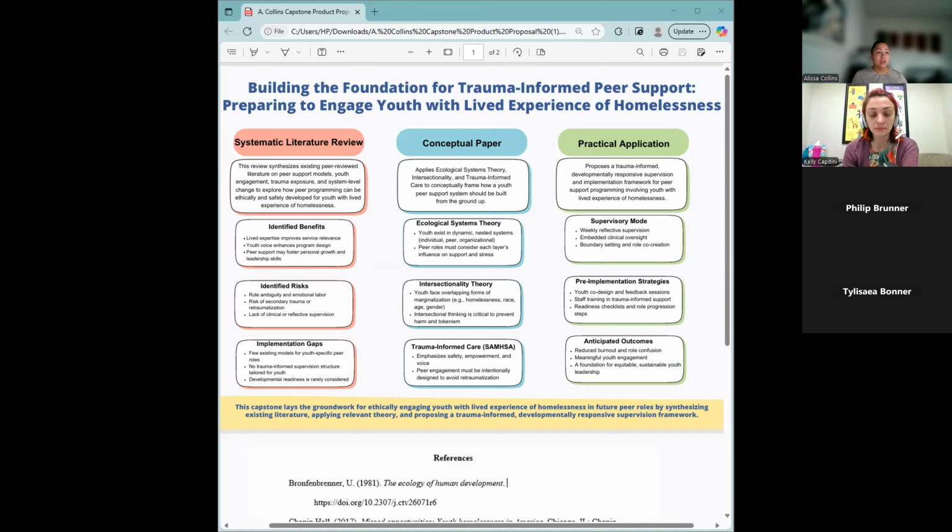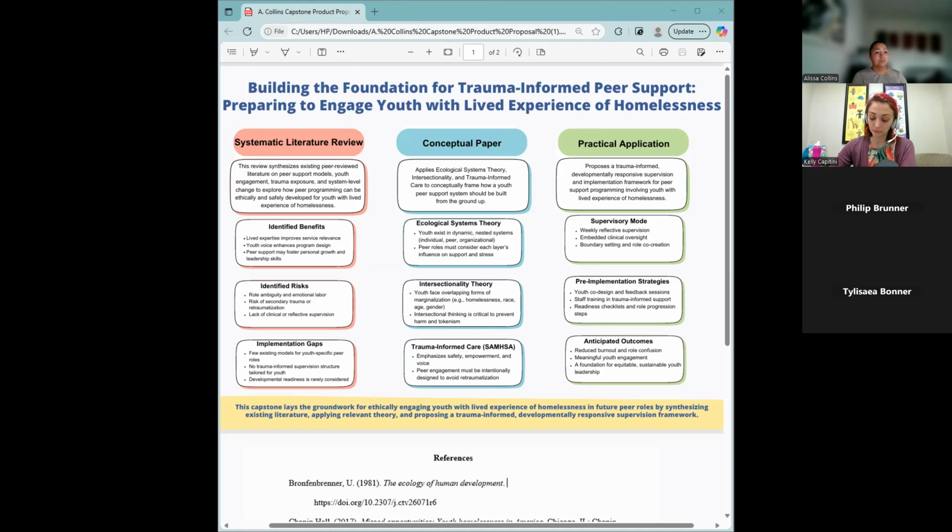For the systematic literature review, this is where I reviewed a variety of sources. I intentionally focused on literature that discussed the potential of peer support and the risks when it's not implemented carefully. The review revealed three major themes: the benefits, the risks, and the implementation gaps. The benefits are involving youth with lived experience as peer leaders. This improves relevance,